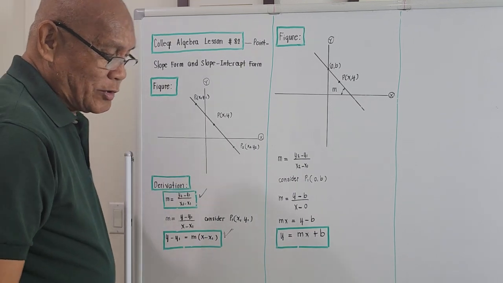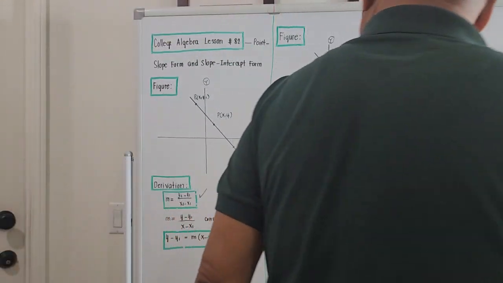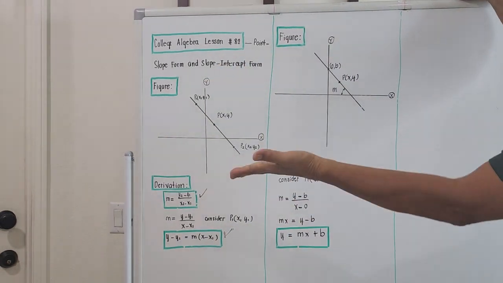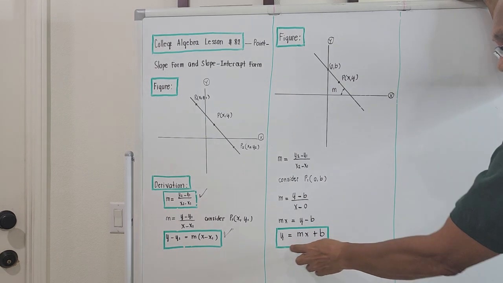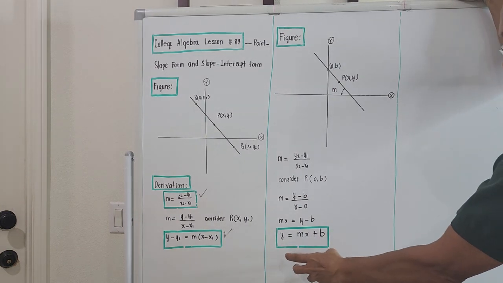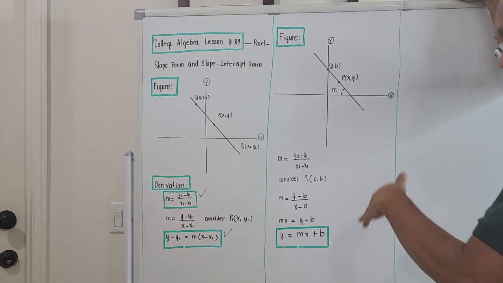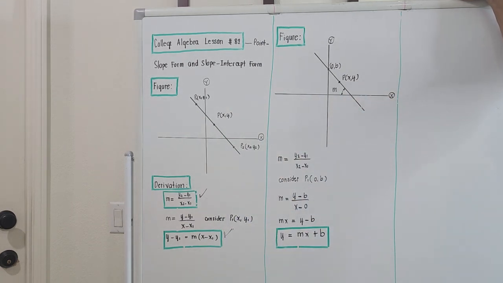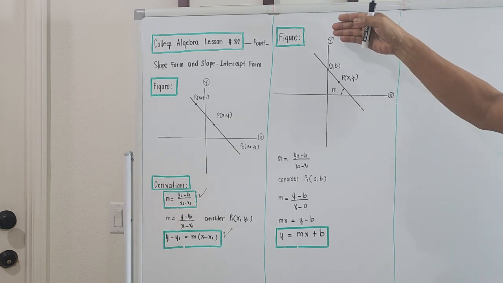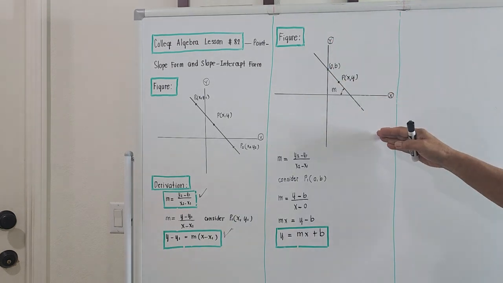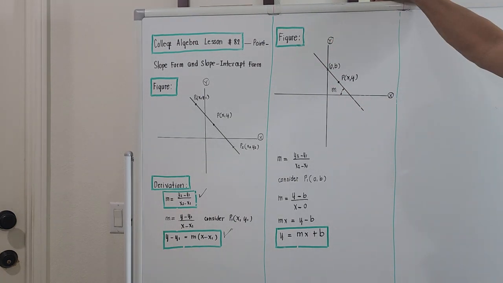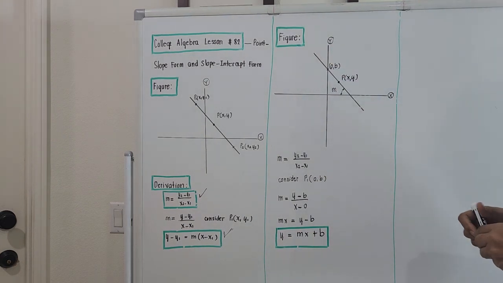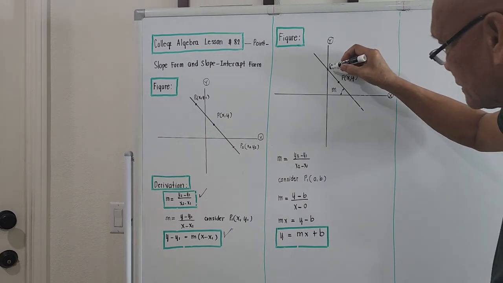Okay, the next equation. The so-called slope-intercept form. The slope-intercept form is this one: y is equal to mx plus b. We'll try to derive this one because it just came out, so there should be a derivation for it. And again, by using the same figure, for this figure number 2, the first point we are considering